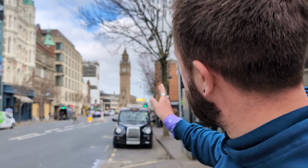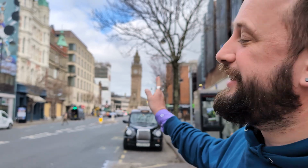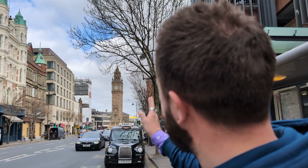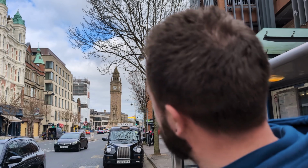What do you reckon, Caden? That definitely looks like it's on the piss, doesn't it? No? I think that it is leaning. It's leaning to the right, ever so slightly. It's leaning to the right. Okay, well, we